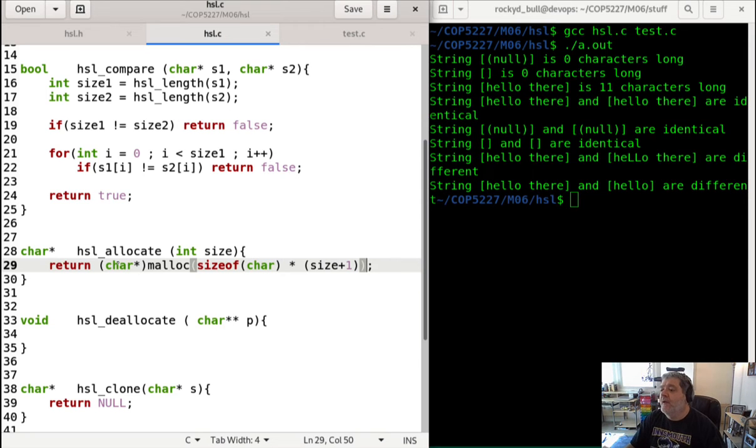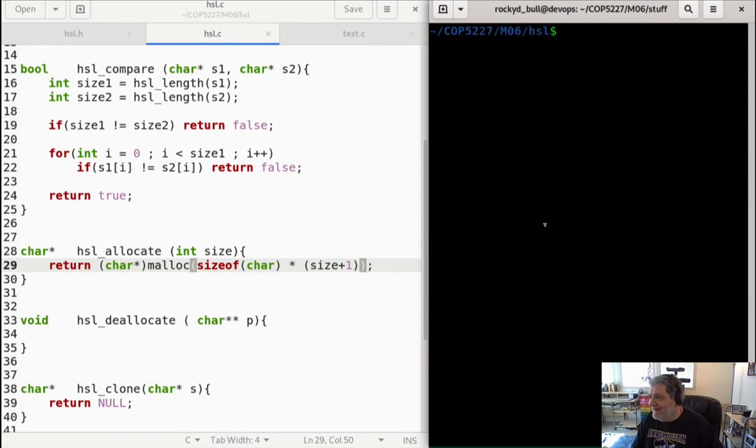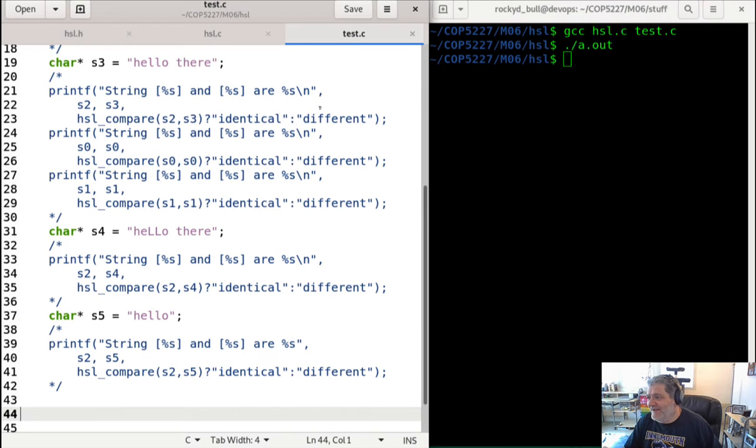Okay. Testing this is a little bit more difficult, because I can allocate memory, sure, and I can make sure it doesn't crash. That would already be a plus, I guess, right? So hold on, let me go here and say